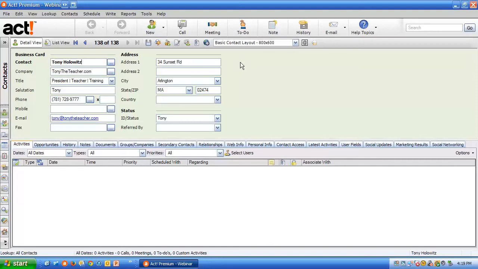365acttips.com and tonytheteacher.com. Well, one of the things I've experienced when helping people with ACT, some of my clients, is that one of the most important things you can do is to make sure you have good goals in mind. Really try to lay down on a piece of paper what it is you're trying to accomplish. And in these tutorials about working with groups, I think it really becomes very important to have some very clear-cut